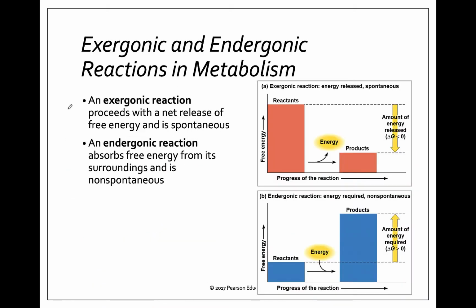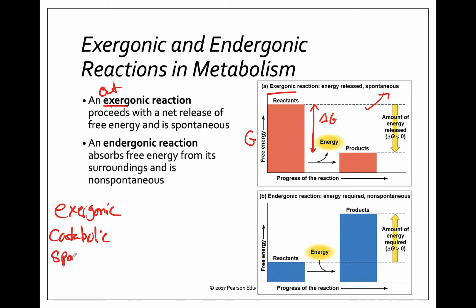These types of reactions have specific names. We have exergonic. Exer means out. So it is going to release free energy. So here's the same type of graph. Over here is the free energy, that's G. The bottom is the progress of the reactants. So we have the reactants at the beginning, the products at the end. The amount of energy released is from what the reactants had to what the products had. So this is my delta G. And because the energy is being released, it's going to be negative. So this is an exergonic reaction. We also call this catabolic